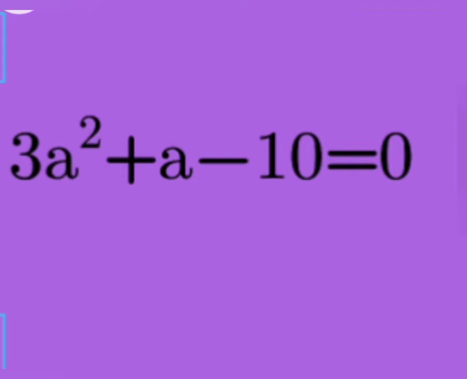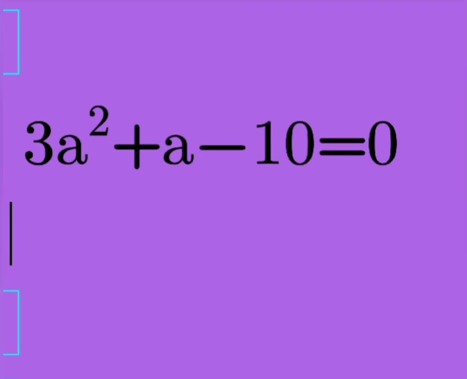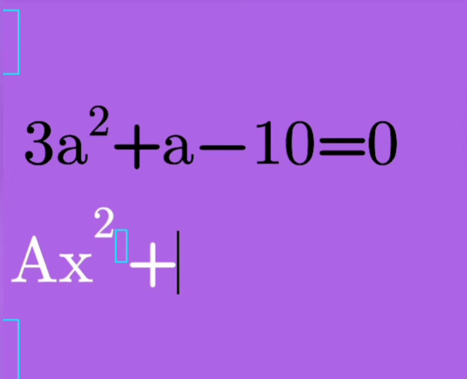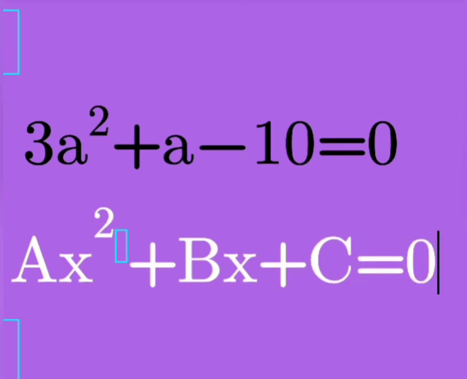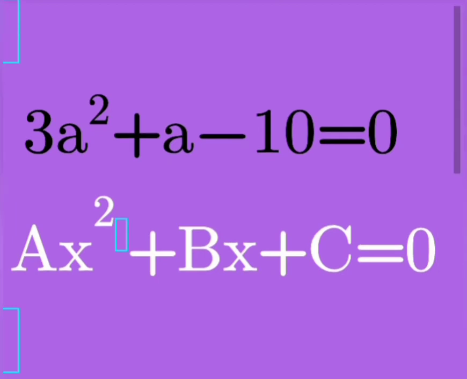Now we are writing the general form of the quadratic equation. In this sum we are writing it using capital letter A, capital letter B and capital letter C in order to avoid confusion. Therefore capital A x squared plus capital B x plus capital C is equal to 0. Now we are going to find out the sum of the roots. Alpha plus beta is equal to minus capital B by capital A.